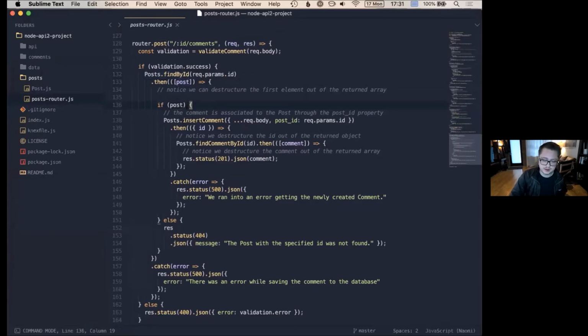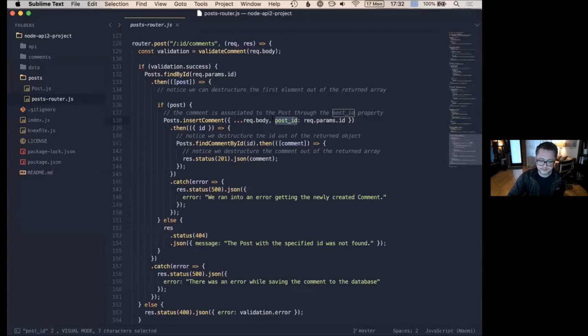Once we verify that the post actually exists, then we can go ahead and insert the comment for that post. By doing that, you just call posts.insertComment, and then you pass the request body that came through. You're actually merging it into this object with the post ID itself. So you take the post ID again from those URL params and you merge it into one single object along with the request body, and then you send that to the function, and that's actually what gets created. So you're essentially creating like a relationship, right? You're creating that comment, but you have to specify the post ID on that actual data that's created,